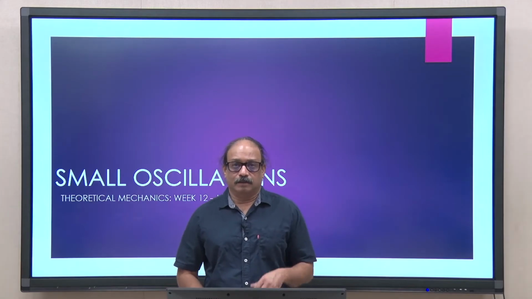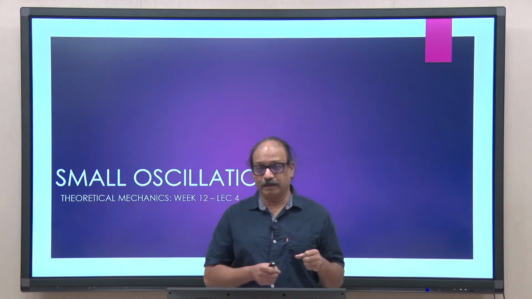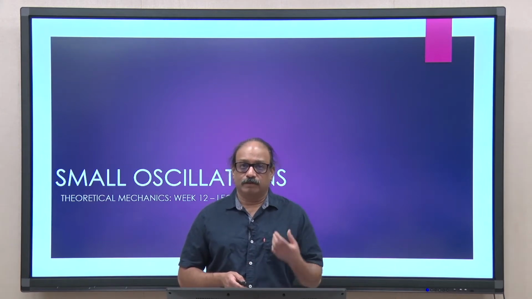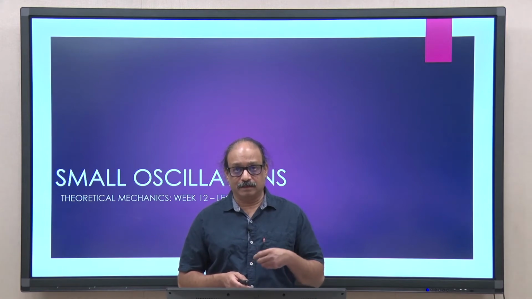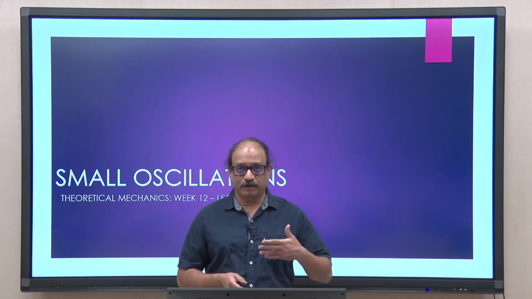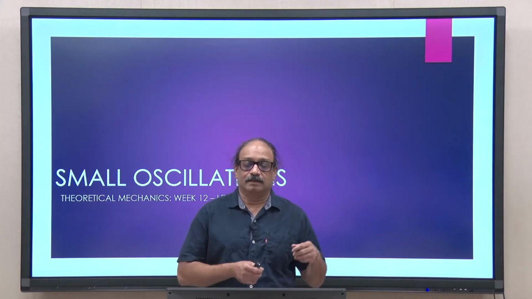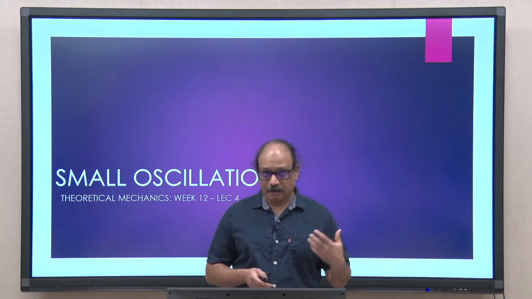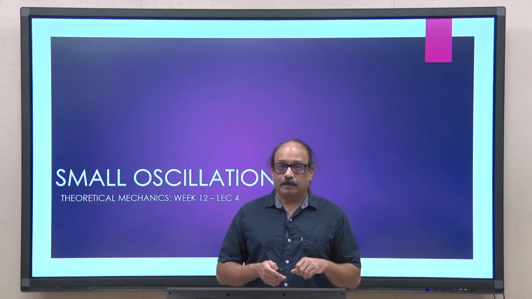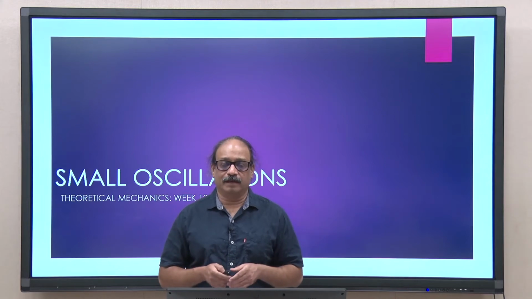Hello. So, in the last lecture we talked about the procedure or technique to solve the small oscillations problems, and we also looked at one example with a degeneracy in it and also a 0 eigenvalue. Whenever you have a 0 eigenvalue, we showed that it actually means the motion of the entire system as is, that is center of mass moving, keeping the entire body as a rigid body. Okay. In today's class I will do one small example, and that is how we will wrap it up.